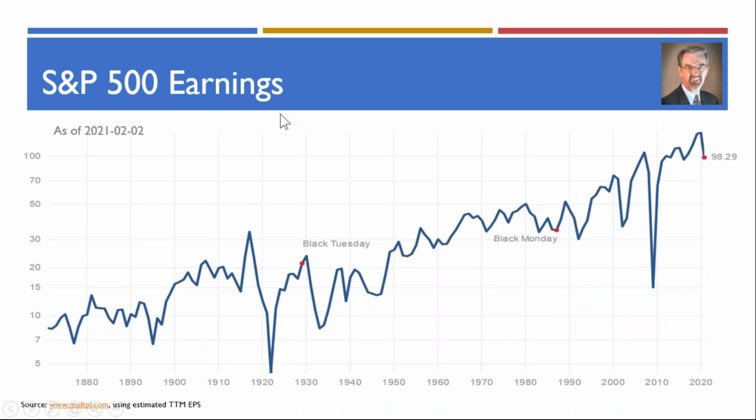When we look at the S&P 500 earnings, again, you can see this trajectory upwards, moving up and to the right, the propensity of companies to deliver increased profits. When they're in the S&P 500, you see the 2008, 2009 drop-off during the last recession and the bear market. And then you also see the impact of 2020. Earnings were strong coming into 2020, and they've fallen off since then. And again, so earnings are down a little bit.